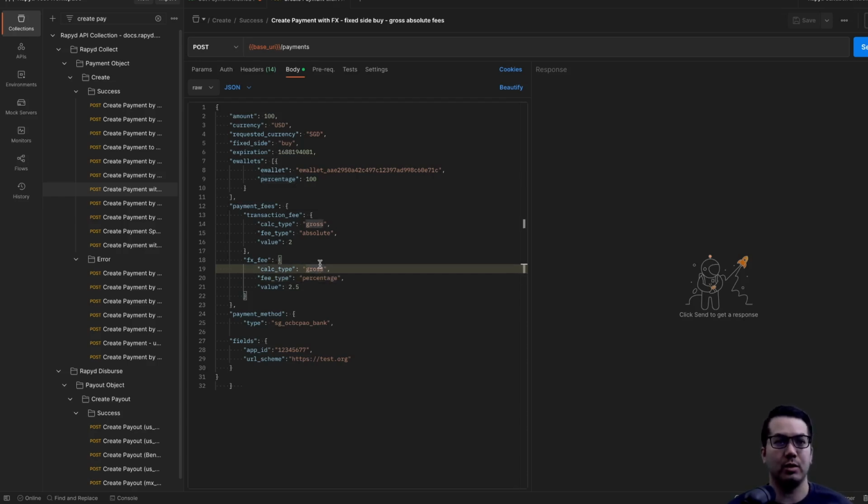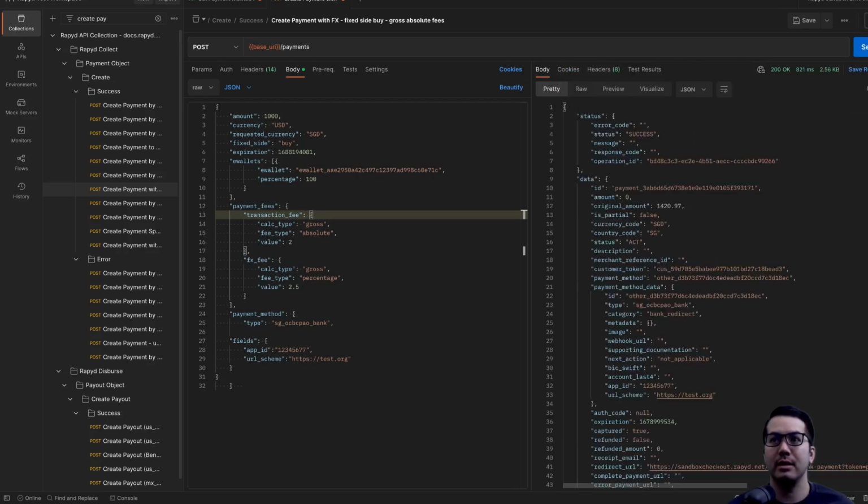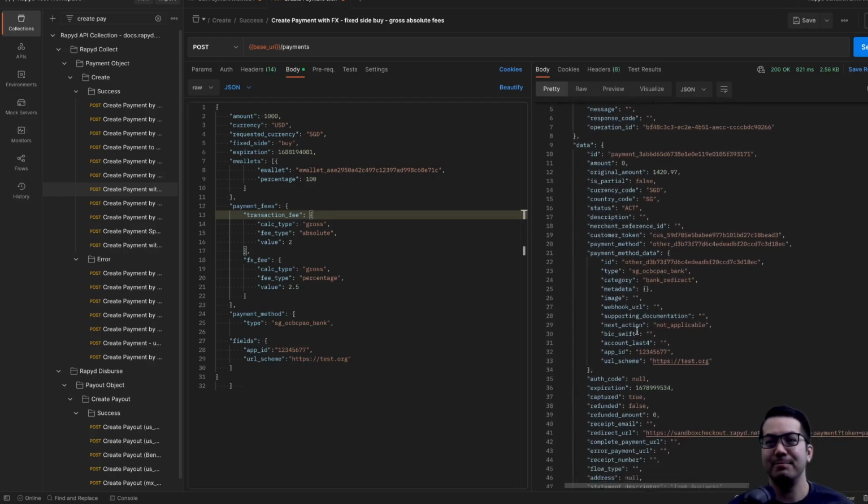Again, gross will be added, net will be subtracted, and then we can have percentage here, and then the value. This is just the payment method that we'll be using, so I'm going to go ahead and enter this. 1,000. I'm going to send that, and it looks like that went through. So it has added the fees here,